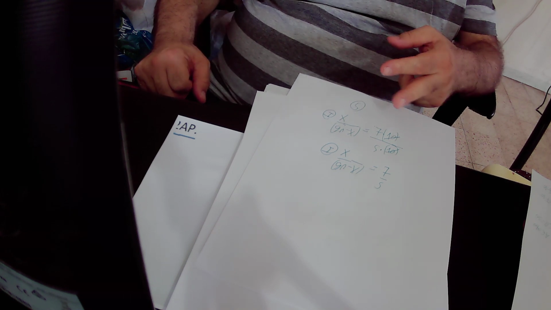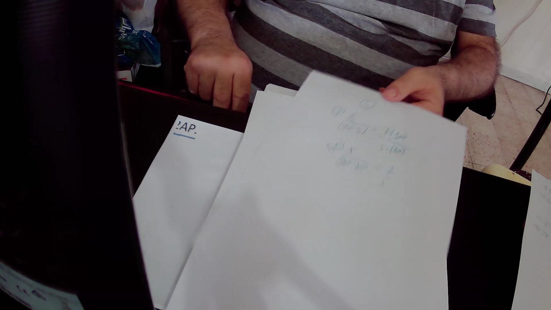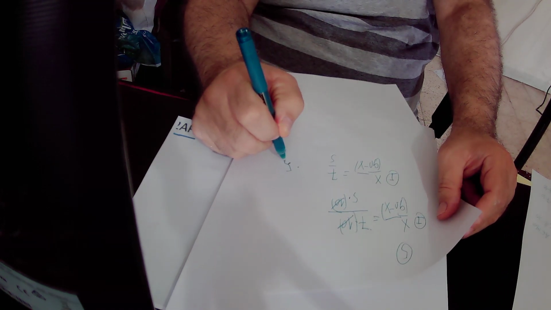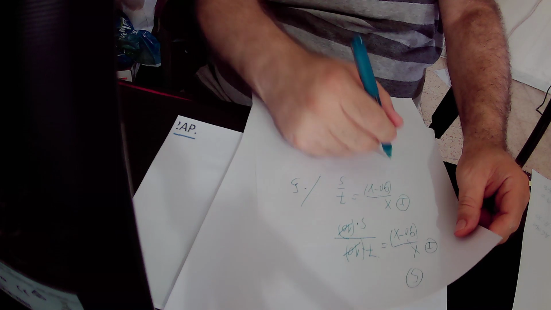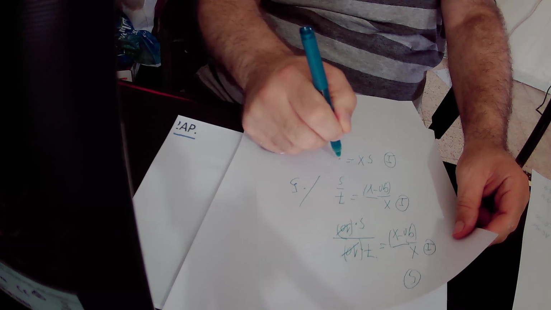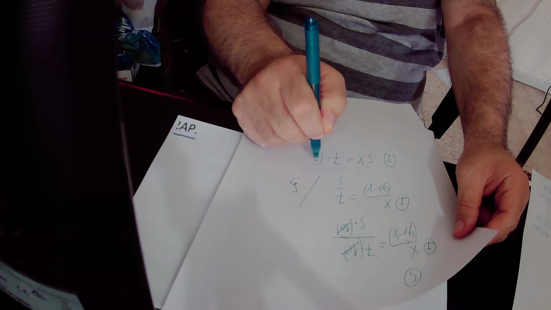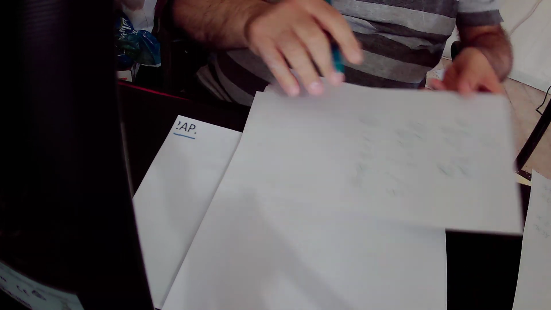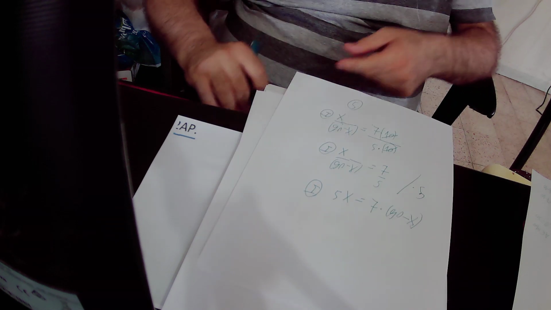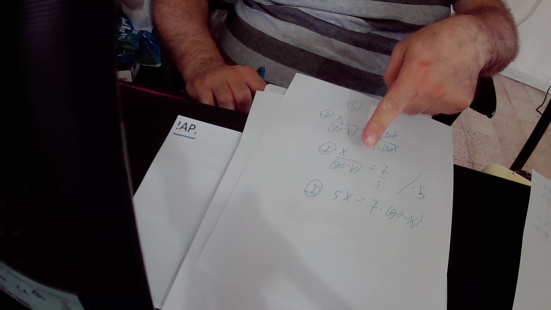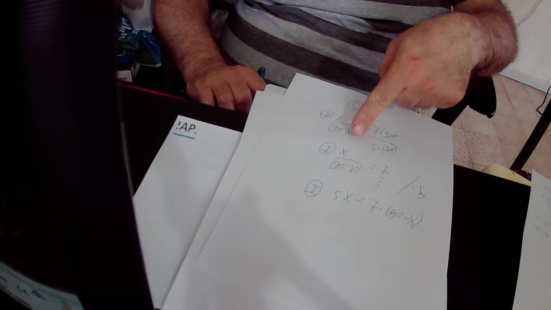Here we can multiply both sides of the equation by 5. We'll get that 5 times X equals 7 times 90 minus X. Okay, here we multiply both sides of the equation by 5. Here X over 90 minus X multiplied by 5 equals